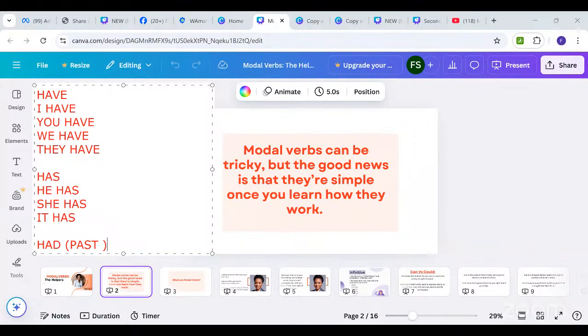Okay, so I was talking about the last form of have, which is having. I said that there are some verbs that we cannot use their gerund form, their ing form. Remember, the gerund form is when you have ing at the end of a verb, and it's acting as a noun, having. In some sentences,